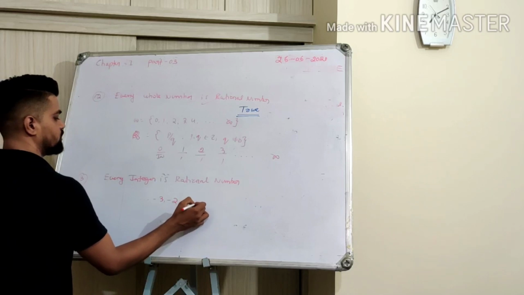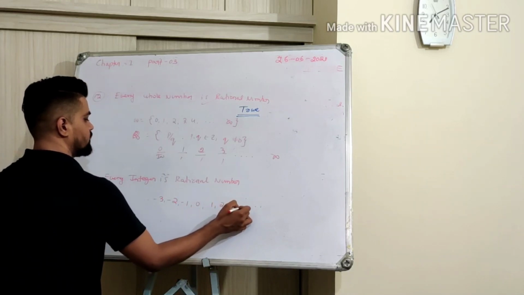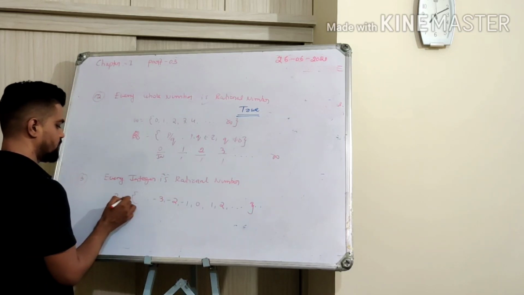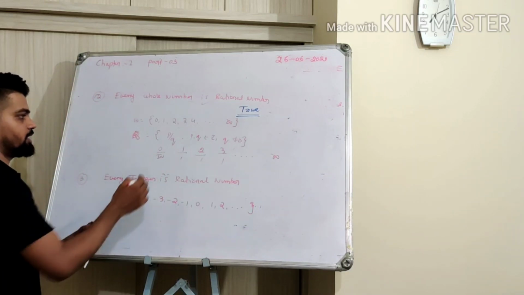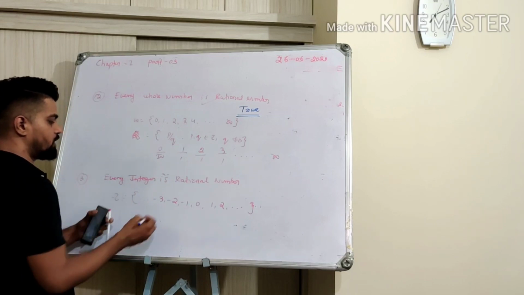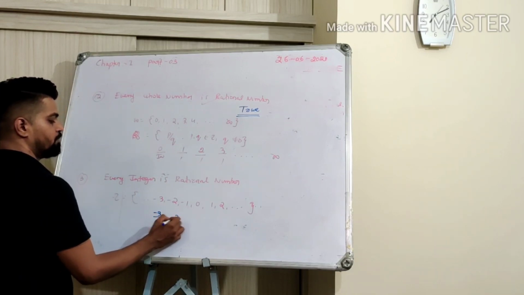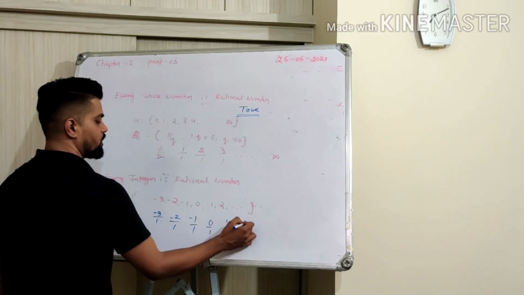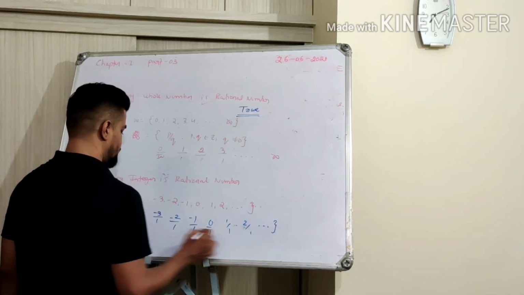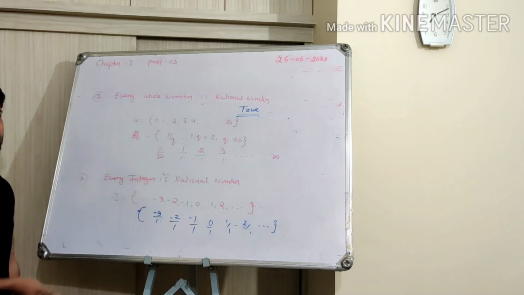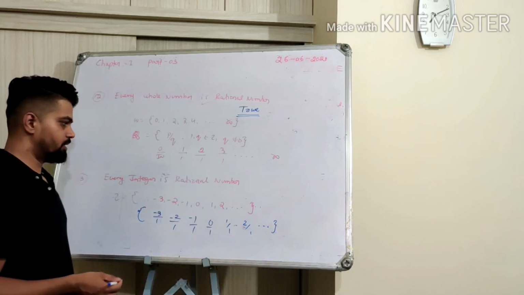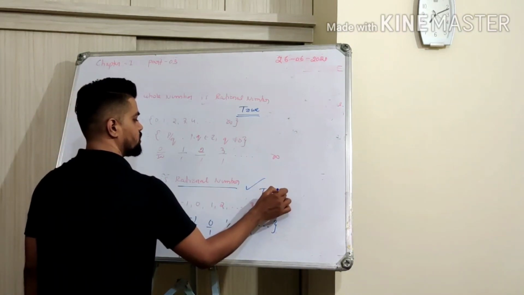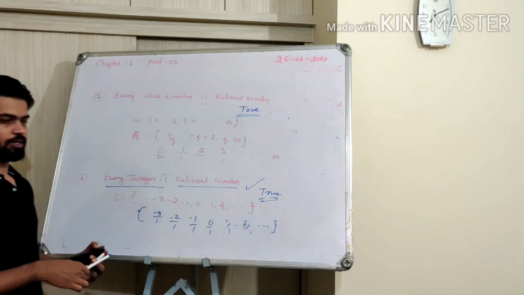Integers are these: negative numbers, positive numbers, natural numbers, and 0, everything. Okay, this is integer. So now can you write all these integers just like the whole numbers we did? Can you write all these integers in the P by Q form or A by B form? Yes, so you can write it. That means you can understand all the integers. When you understand a number, that becomes a rational number. That means every integer is a rational number is true. That third statement is also correct.